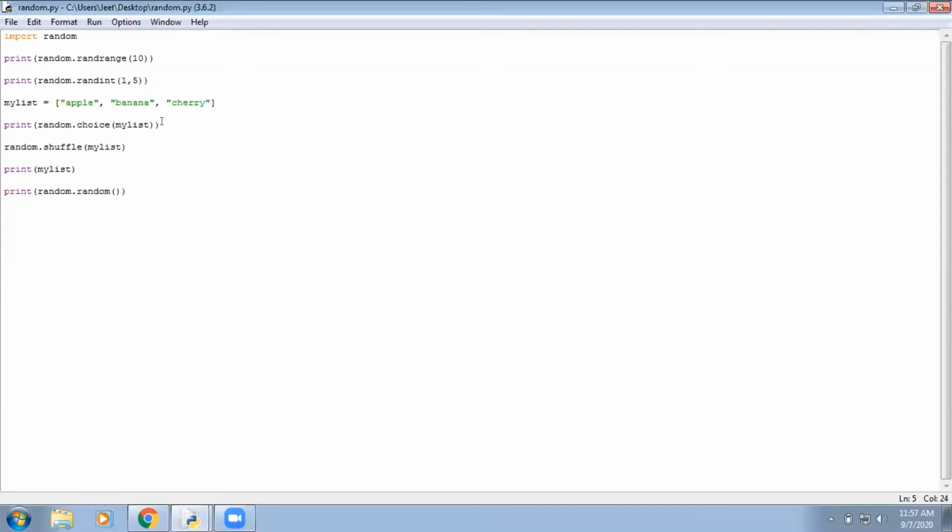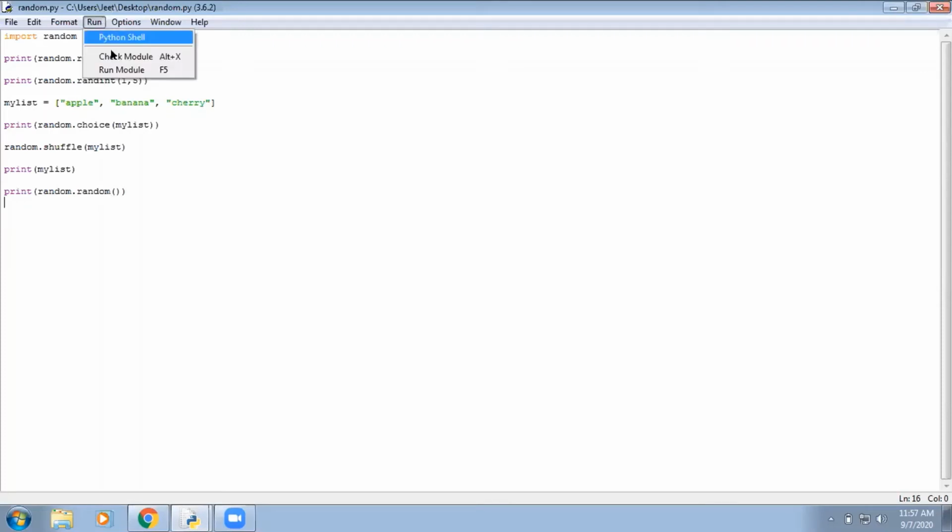And then I'm using the choice function of random that will print any value among the list randomly. And then I'm using the shuffle function, which is used to shuffle the items of the list. Then at last, I'm using the random function of the random module, which will print any random value between 0 to 1. That was all about this.